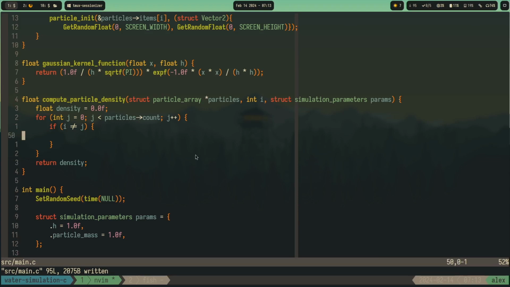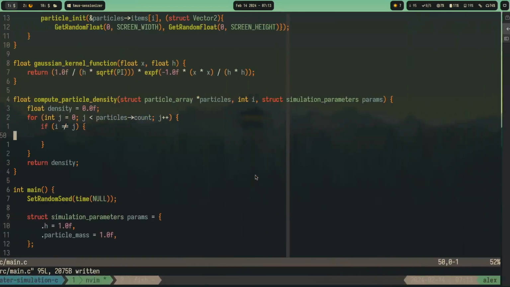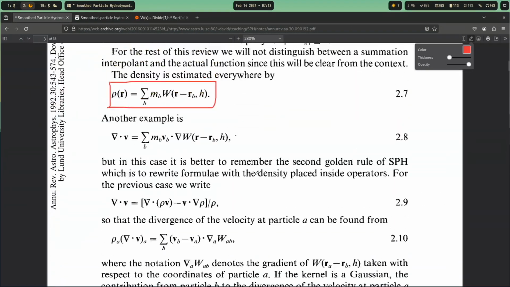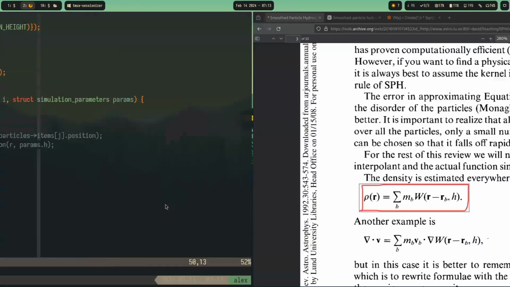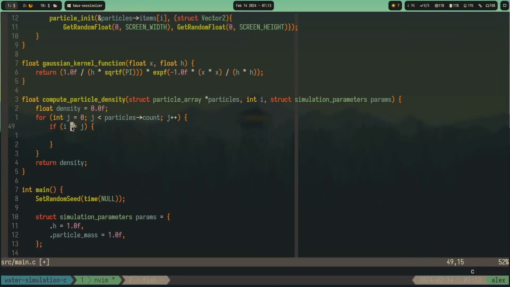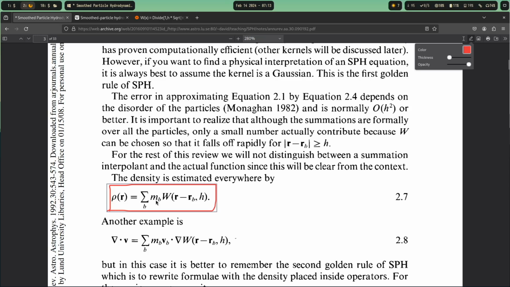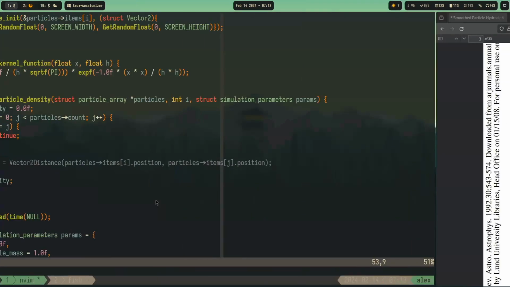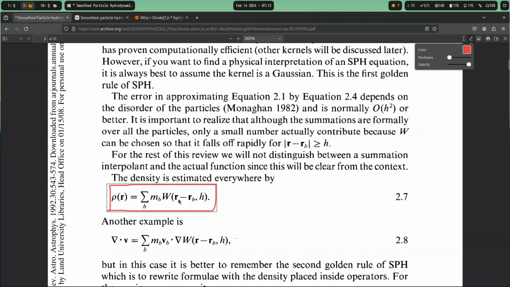Just send the parameters so we don't have to re-update that thing. So we are at the density step here. So basically, let's do the easier one. So here we continue, and otherwise we have to get the distance. So we have to get the x basically,